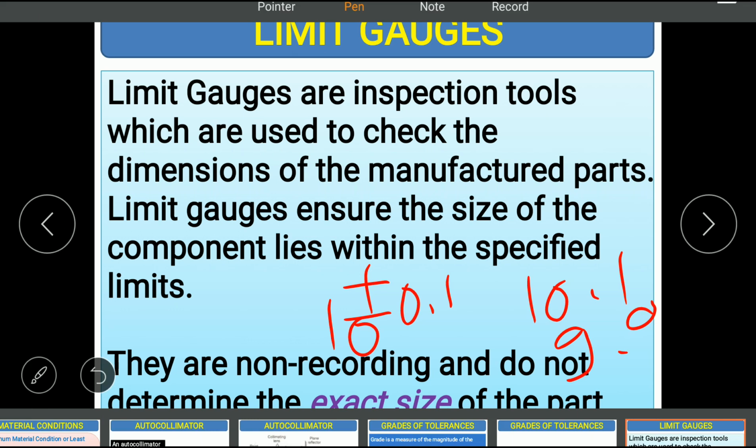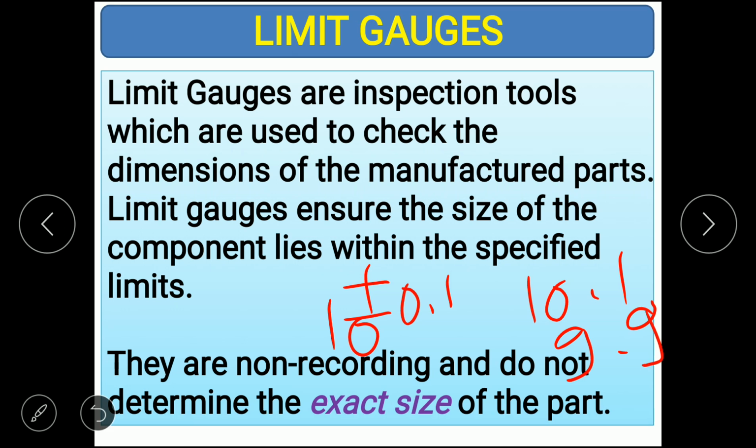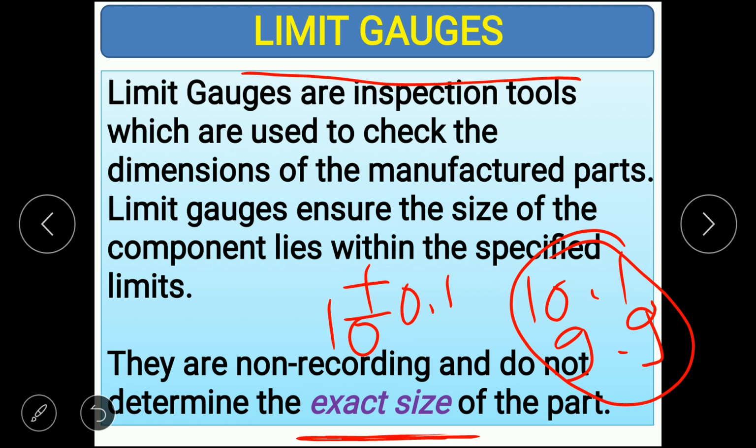So gauges are used to check whether the dimension is within this limit or not. 10.1 से 9.9 के अंदर है क्या नहीं, वो चेक करने के लिए लिमिट गेजेस को यूज करता है. But limit gauges will not check the exact size. So exact size कितना है means